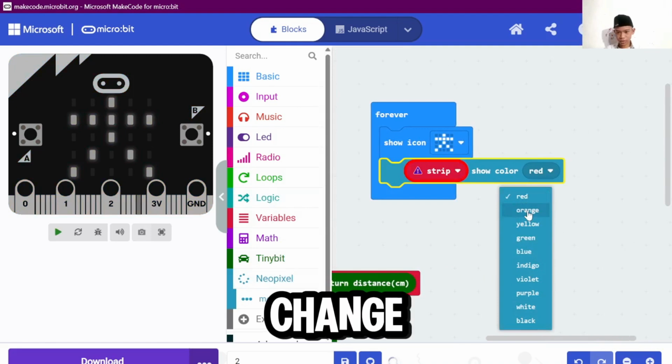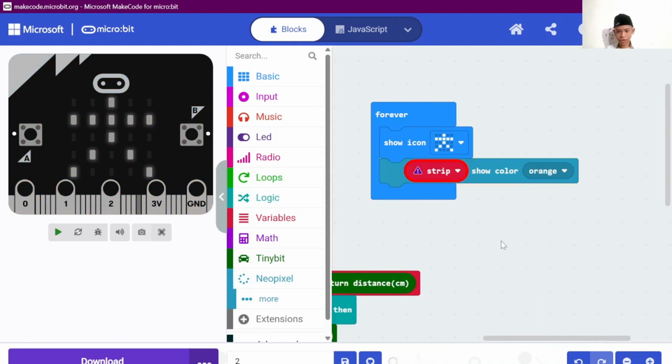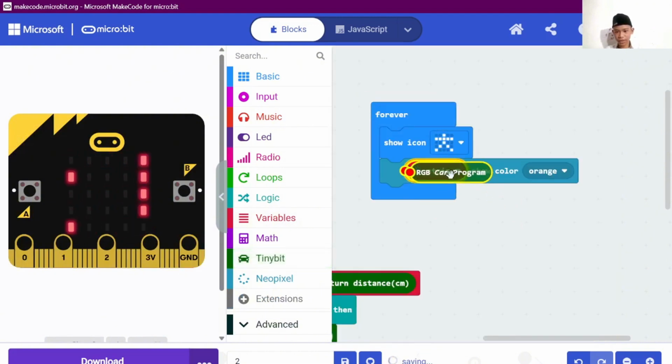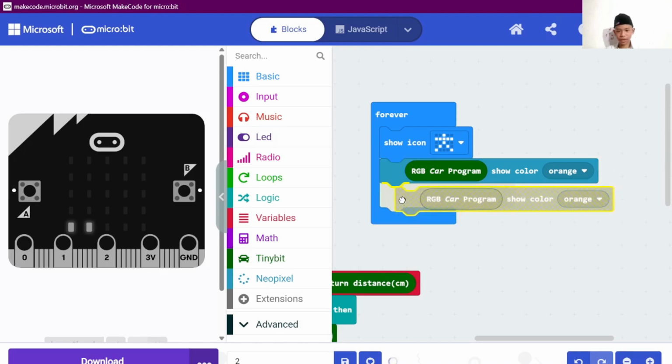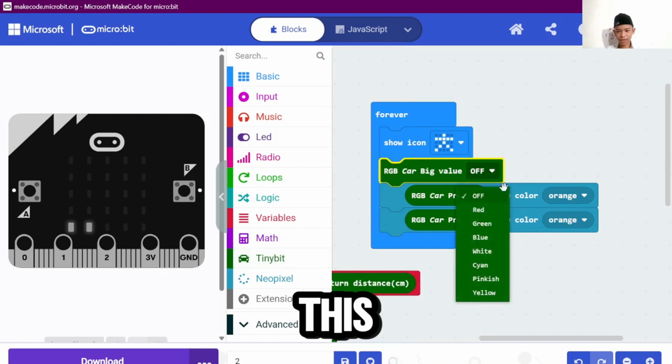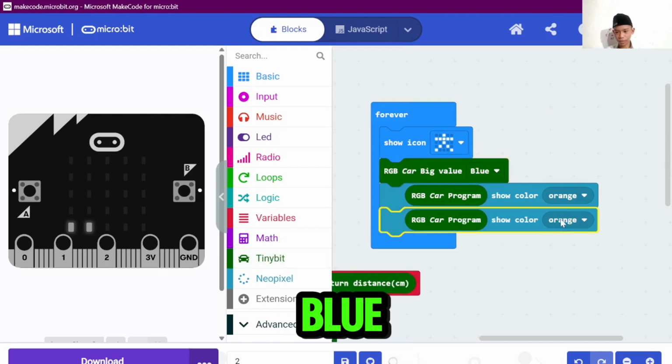This changes to orange. It's up to you what color, and take RGB. Like this. Ctrl C, Ctrl V. Put it again. So which do you want to pick? I pick blue. This one is going to be purple.